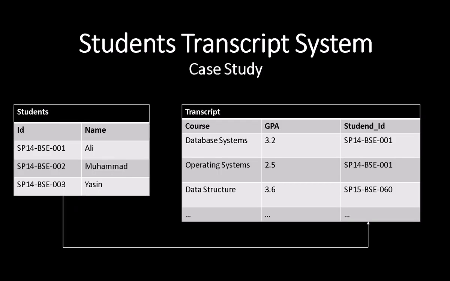The case study that will help us realize the problems with storing data in files is that we have students and we have transcripts data. For the student we have its ID and name with, for example, these values. Then on the transcript we have three columns: the course, the GPA that student earned in that course, and the student ID.